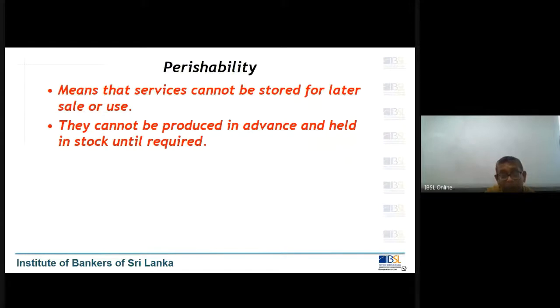You work out SHIP. What is SHIP? You remember SHIP, then you know the differences between product and services. S means separability, H means heterogeneity, I, intangibility, P, perishability. If you want to put O, we call it SHIP-O, right? So now you know how to remember easily the difference between